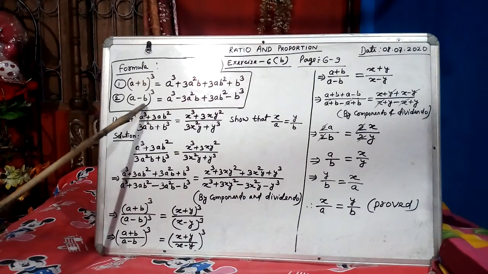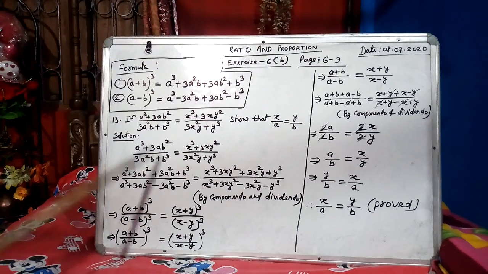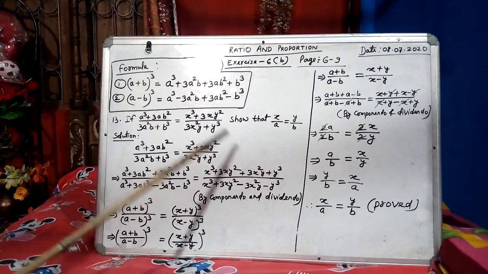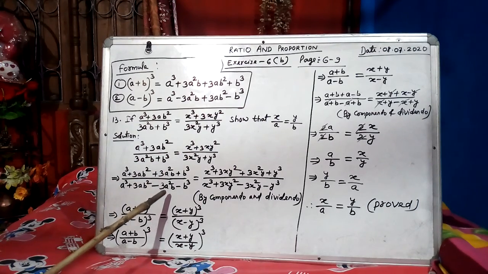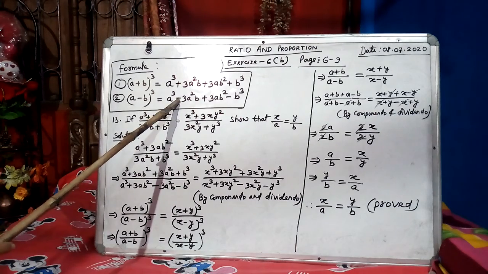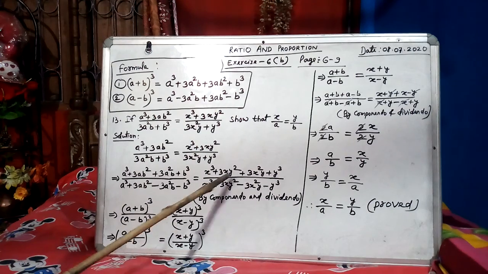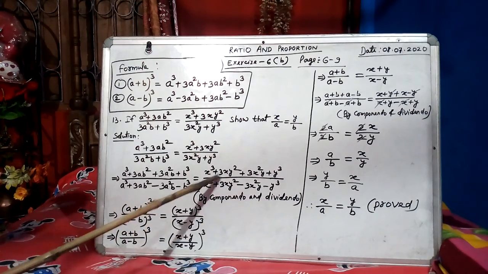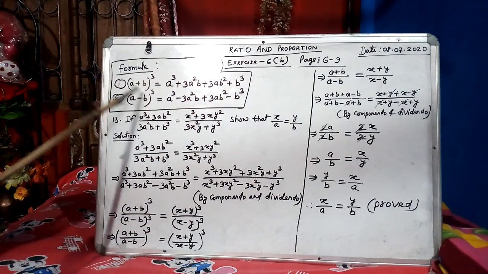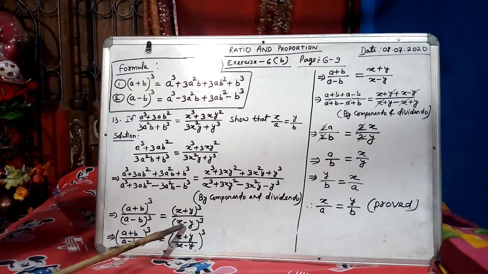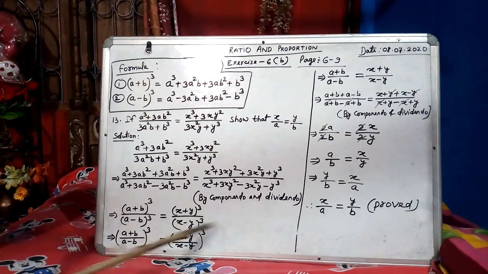Same thing here. This is the formula of (a minus b) whole cube. So (a minus b) whole cube is here. Only a few coefficients and variables have changed position, but the conclusion is the same. Like the minus comes here in the second, but it comes there in the third part, and the plus part comes here in the third, there it comes in the second, but the thing is the same. Same thing here. This is the formula of (x plus y) whole cube. That means there the variables are a and b, but here the variables are x and y. And this is the formula of (x minus y) whole cube.